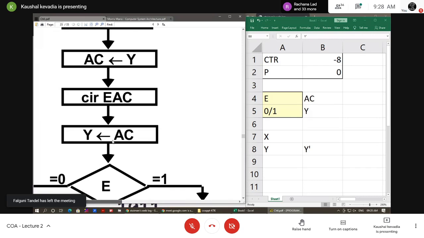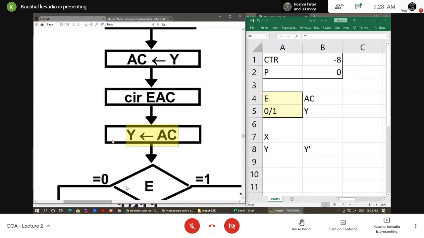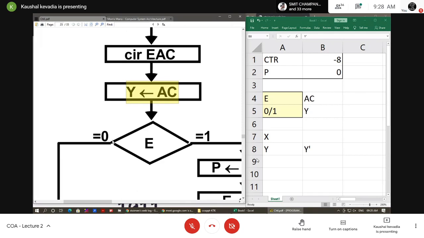Getting? Okay, so that's why here again we have to shift that new value of accumulator into the y. So now the y is y dash. Let me take some assumption. Actually y dash, when we are doing the actual operation, there are binary patterns for the y dash, but right now I don't have a board, so I do not write down the whole pattern on this screen.